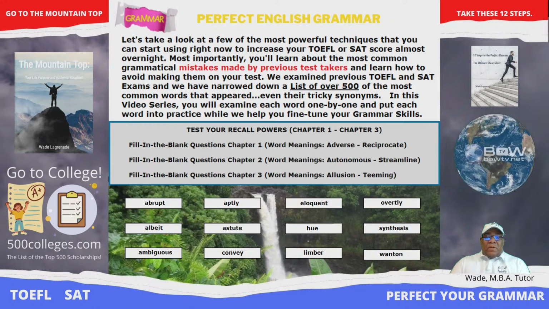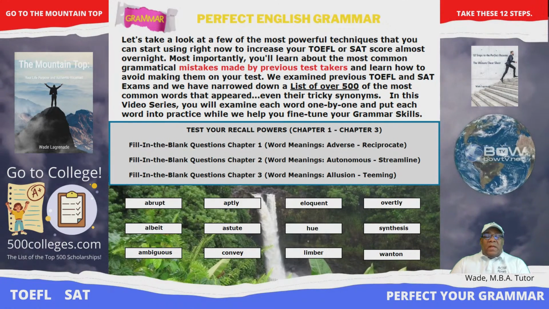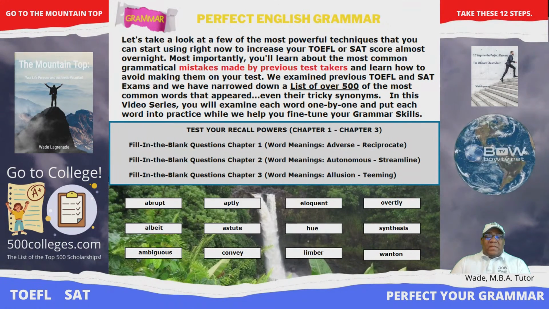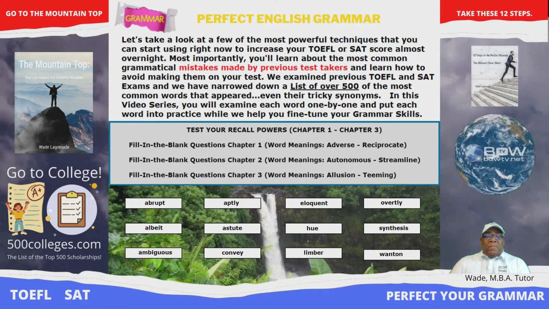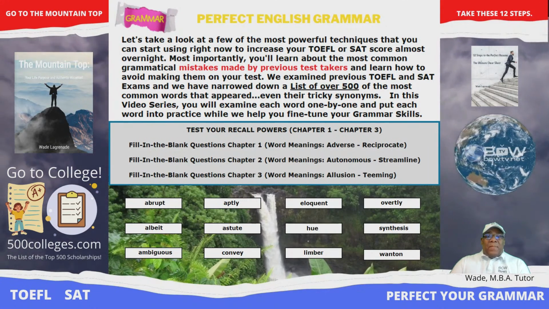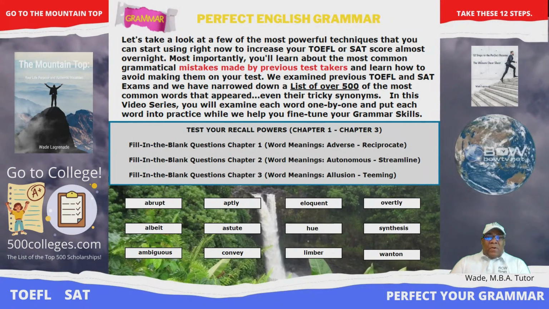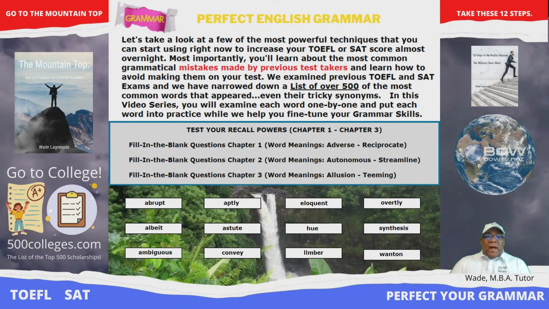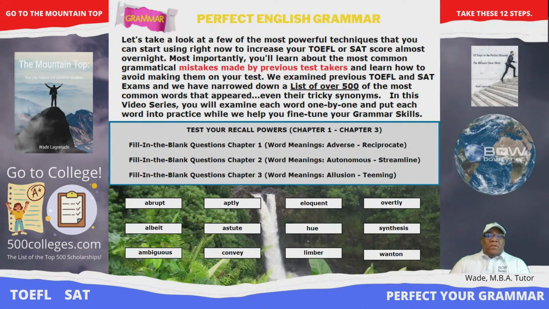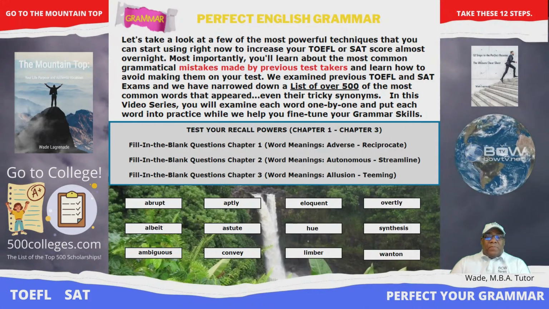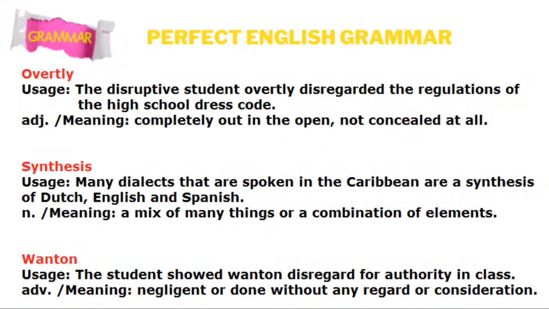And this will allow you to increase your ability to quickly recall the word, quickly recall its synonym, as well as meaning. It may even appear on the exam as an adjective or an adverb or even a noun. So we also try to highlight the fact that this word may appear in a lot of different forms. So if we look at overtly, we can see usage.